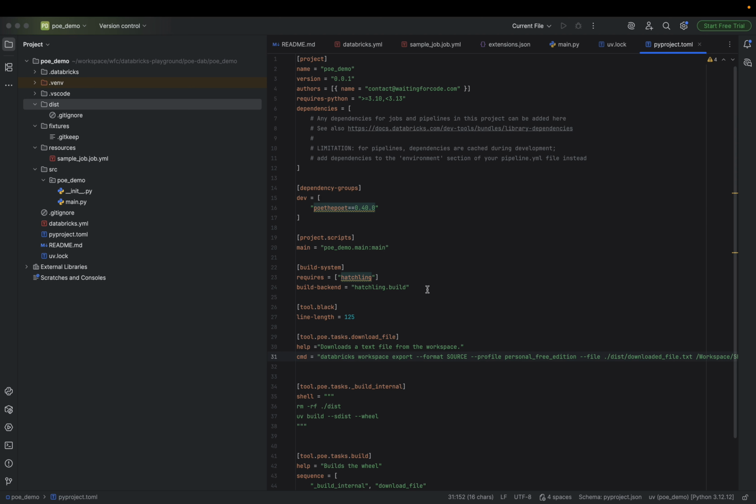Hi and welcome to this short demo to see how to use Poe as a build mechanism for Databricks Asset Bundles. Of course, you can use Poe for other things, but here in this short video, we are going to focus on DABs. So I generated the Databricks Asset Bundles template before, and I